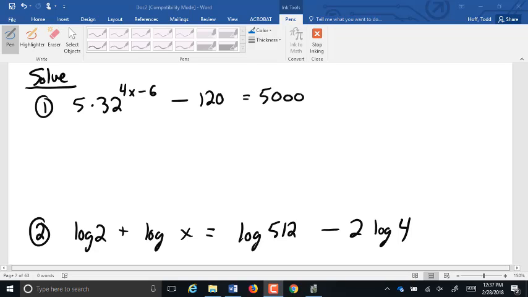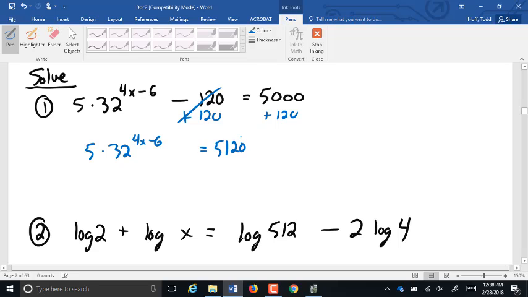The first one here actually isn't that tough. What do we have to do to solve this one to start out with? Yeah, we have to isolate the exponential. So we're going to add 120. So this is 5 times 32 to the 4x minus 6 equals 5,120. And then,